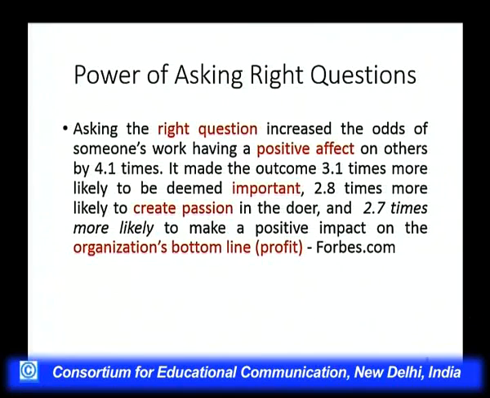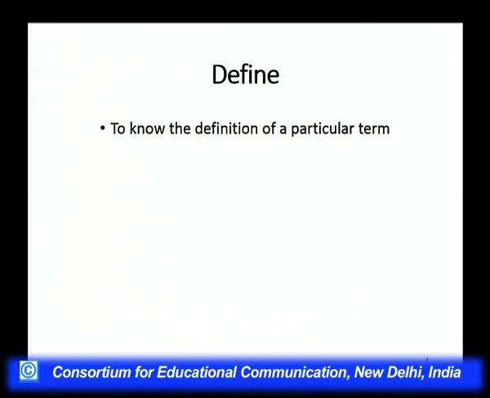Now, you see that all these sentences of the research finding by Forbes.com point in one direction: that we should have the attitude of asking the right question from the networks. We can say that if we ask bad questions, then we get bad answers, as simple as that. So, let us begin our practical journey into these power searching commands.